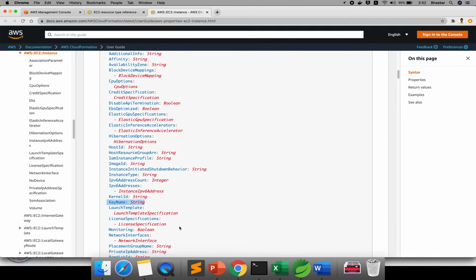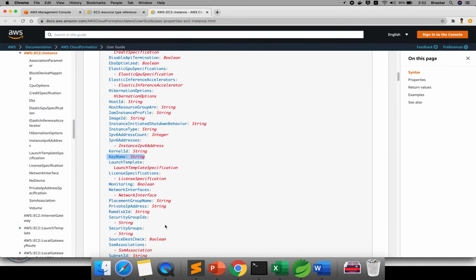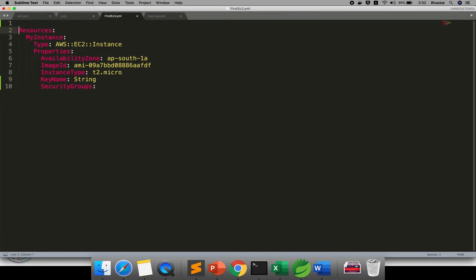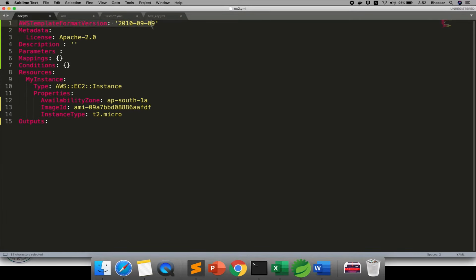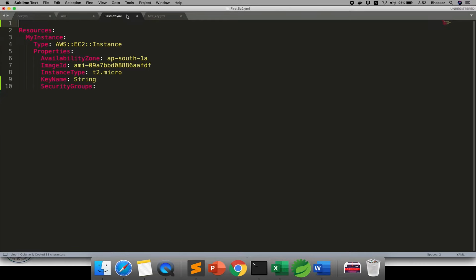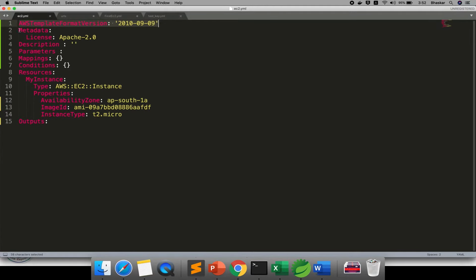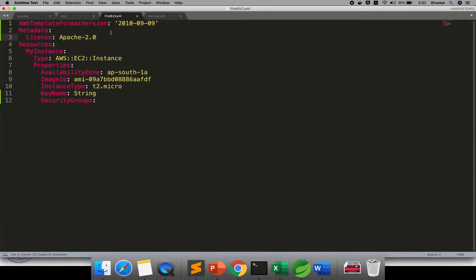Next, we need one more thing, a security group. See, this is your security group. Let me copy this one also. These two things you need, and for these two things you need to provide your parameters. Now this is called resources. Now this is my template version; let me copy it. Apart from the template version, I want to provide some metadata. This is an optional field, no problem. This is also copy and paste.